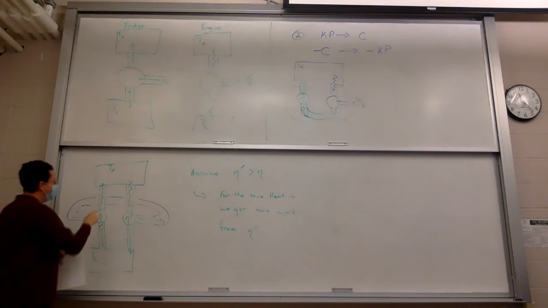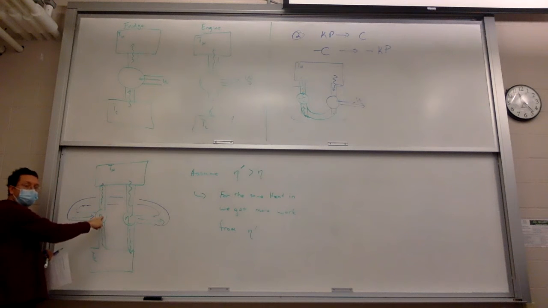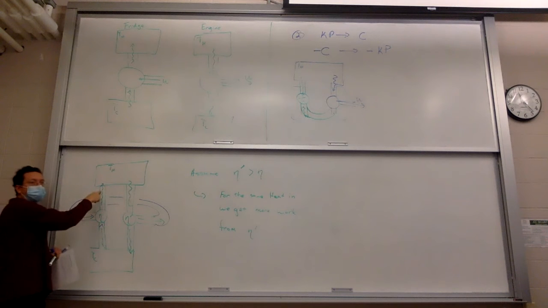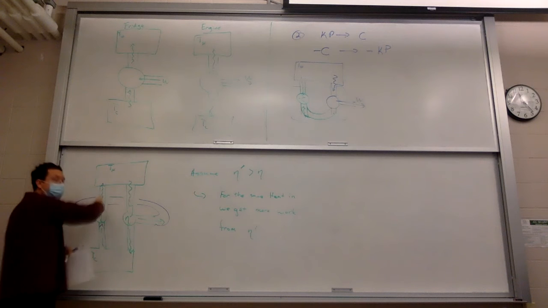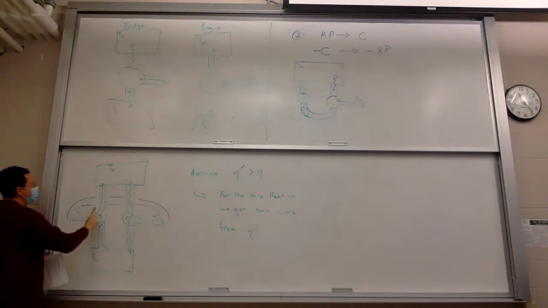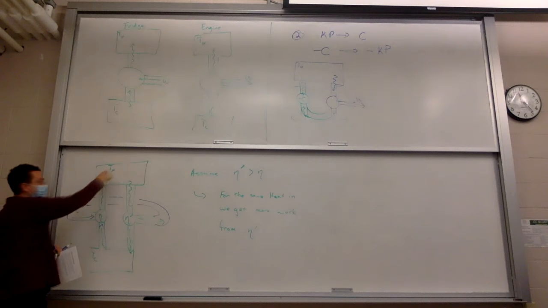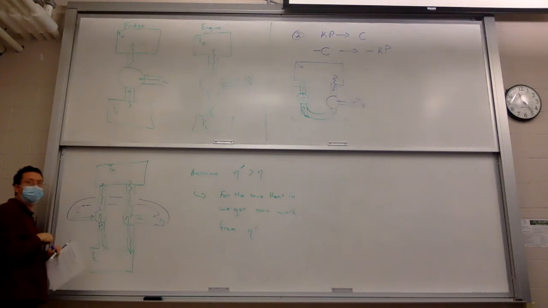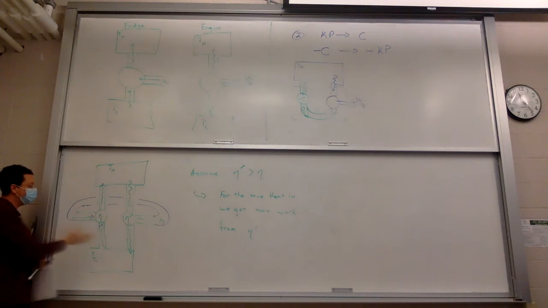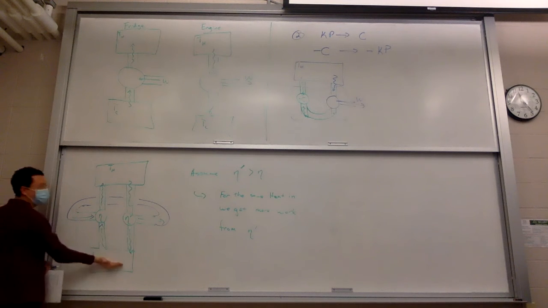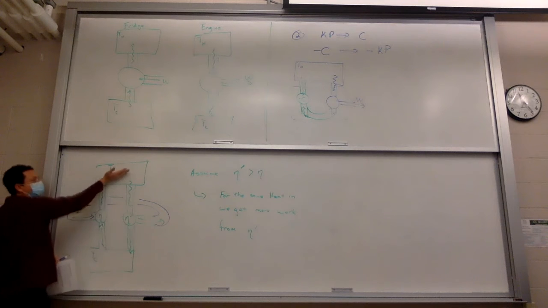Now, if this one was less efficient as an engine, then to get the same work, I would have needed to increase the heat in because it was less efficient. And after I reverse it, that means there's more heat going into the hot reservoir than is being extracted into the engine. So overall, the net effect is that you have heat that starts at the cold reservoir and ends in the hot reservoir.